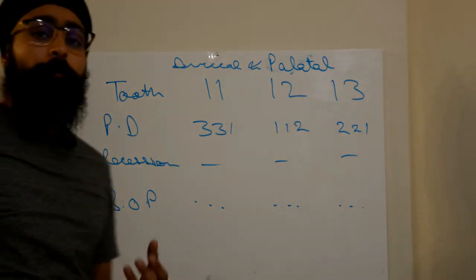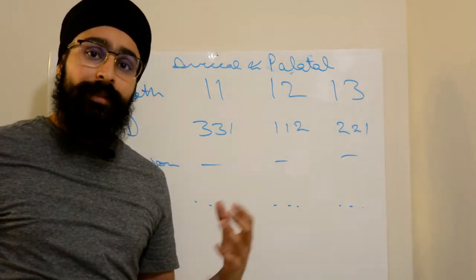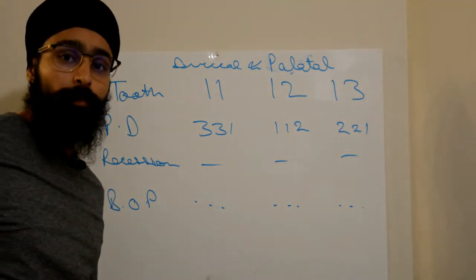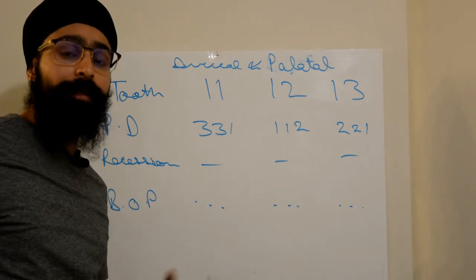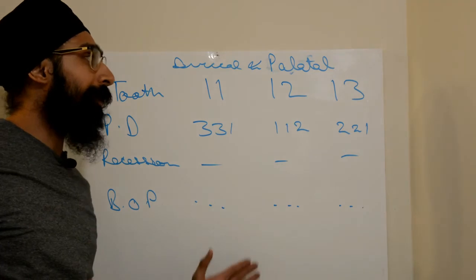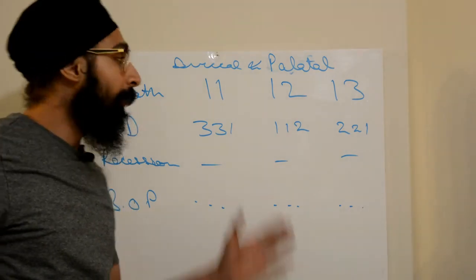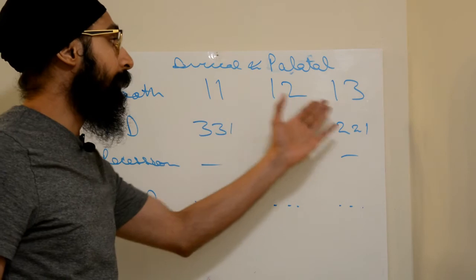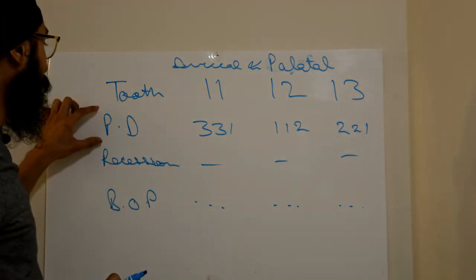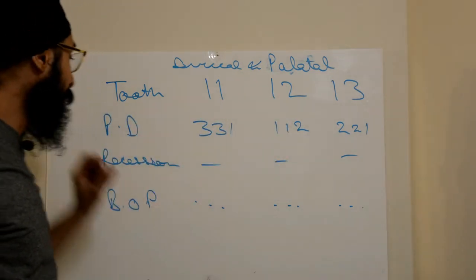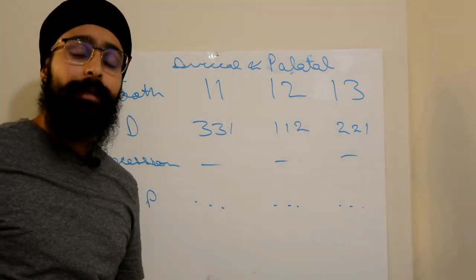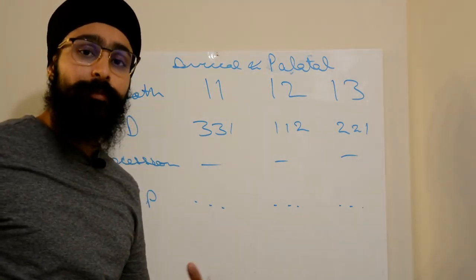One thing more, sometimes in the exam, in the additional information it is given that this perio chart represents the whole mouth, and sometimes nothing is given. Friends, when it is given that this perio chart represents the whole mouth, this means although they have given just these teeth, you should consider that everywhere in the mouth pocket depth is under 3 mm, there is no recession, and bleeding on probing is present everywhere. When it comes to periodontitis, I will explain its importance.